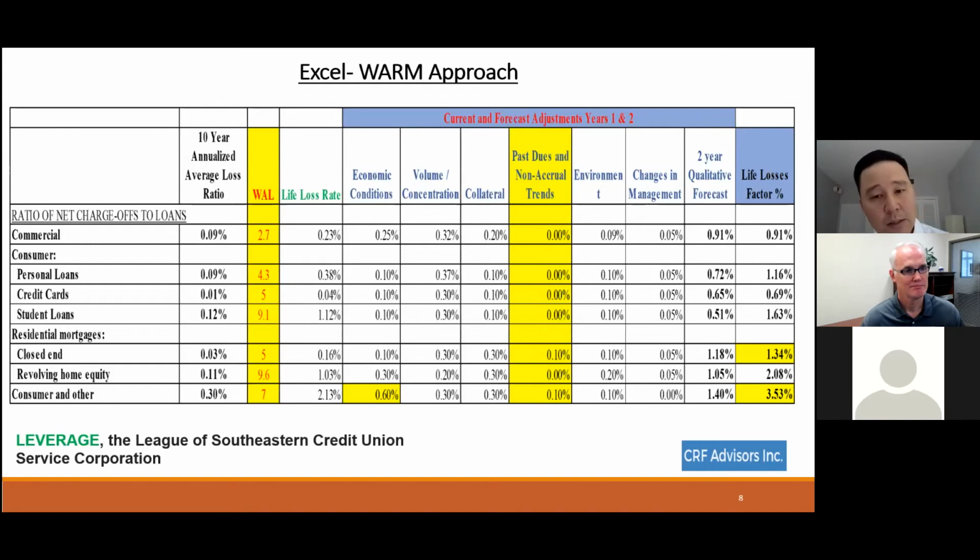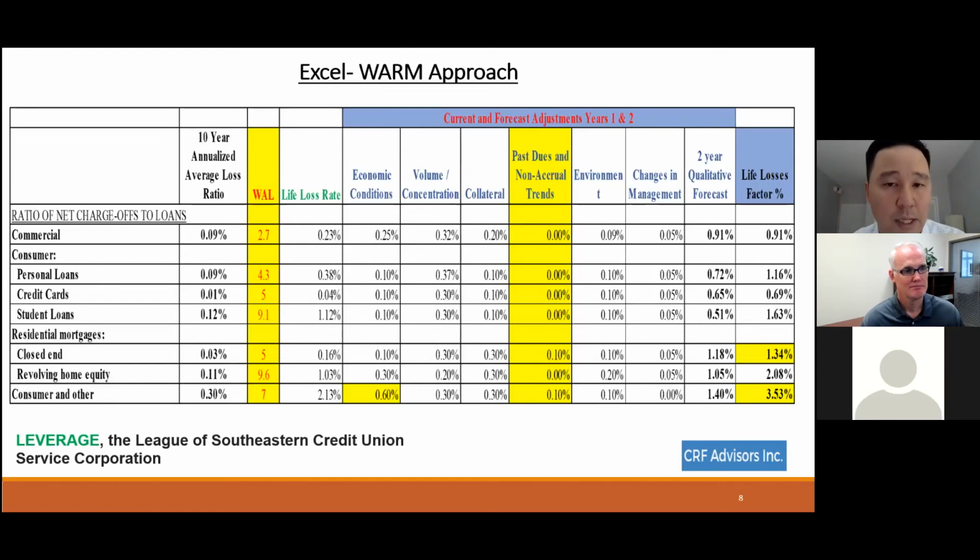But if that's not the case, a majority of our credit unions have fallen under the 200 million in portfolio size. So what we've done is accumulate what's called a WAR methodology. The WAR methodology acronym is the weighted average remaining maturity approach. Which means that it's determining what the average remaining maturity is of each loan pool and applying your annualized